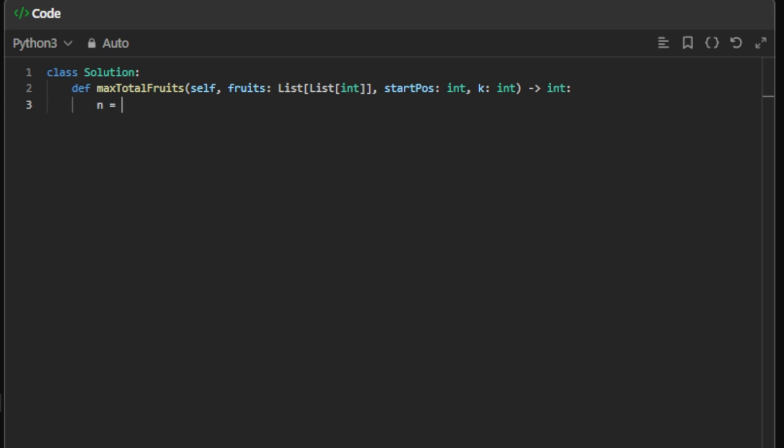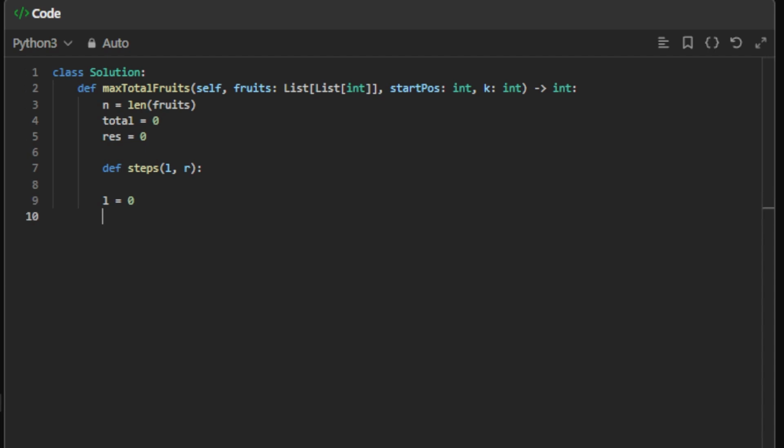First we say n is length of fruits, total is 0, and result is 0. And we'll create a function, we'll call this steps, and this will take left and right. And this will return the required amount of steps to grab every fruit in the window. So with this function we'll do the following. We'll iterate fruits with 2 pointers, left is 0, and for right we say for right in range n, and every time first we add to total fruits right 1,